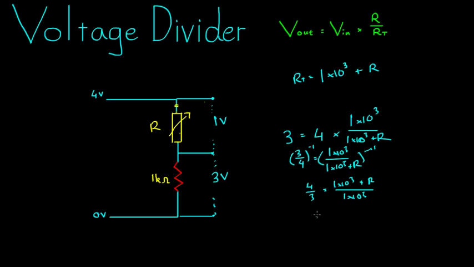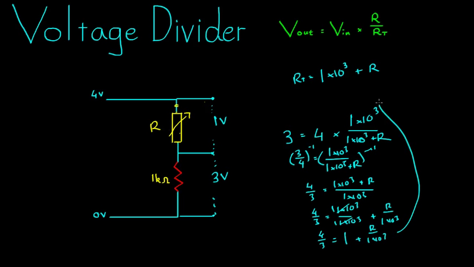3. Splitting up this fraction here, so we have 4 on 3 equals 1 times 10 to the 3 over 1 times 10 to the 3, that's this side here, plus R over 1 times 10 to the 3. And that simplifies to 4 on 3 is equal to 1 plus R over 1 times 10 to the 3. Taking 1 from both sides, we have 1/3 is equal to R over 1 times 10 to the 3. And finally we get, multiplying both sides by 1 times 10 to the 3, 1 times 10 to the 3 over 3, which is equal to